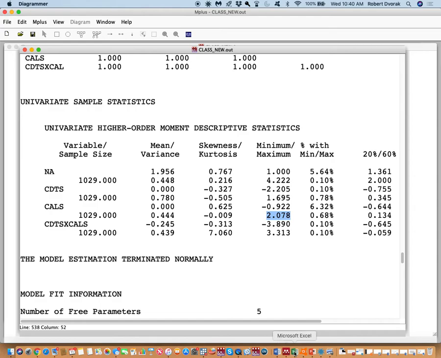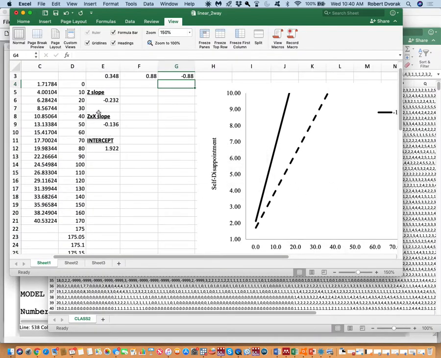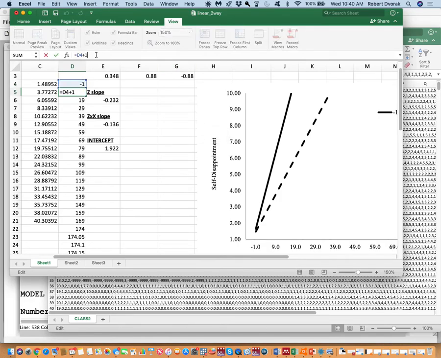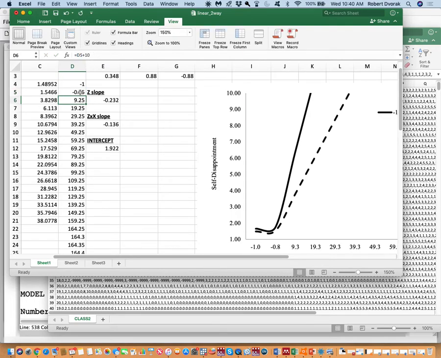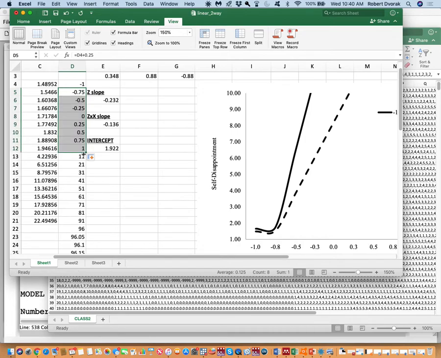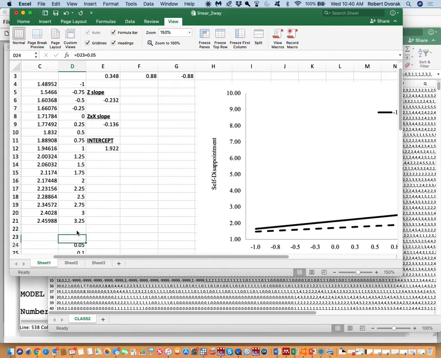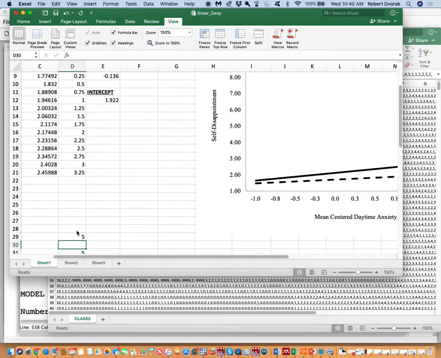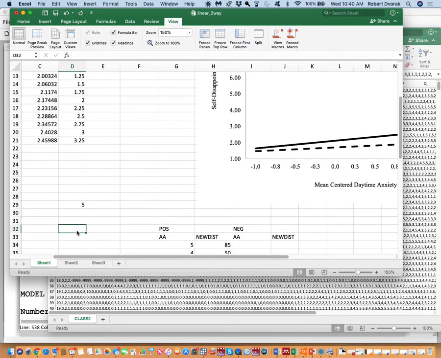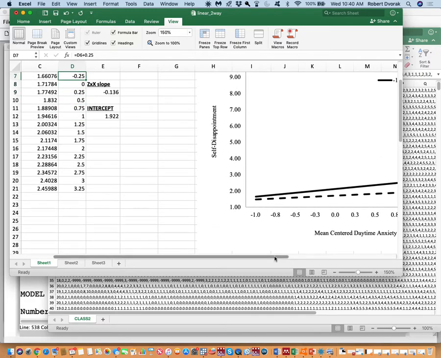So if we flip back over here, we are going from 0 to 100. Obviously, that's going to be well outside the range. Let's change this to -1, and let's go 0.25, and then let's just grab this and pull it down a little bit here. Pull it all the way down. I'm just going to delete these. All right, so